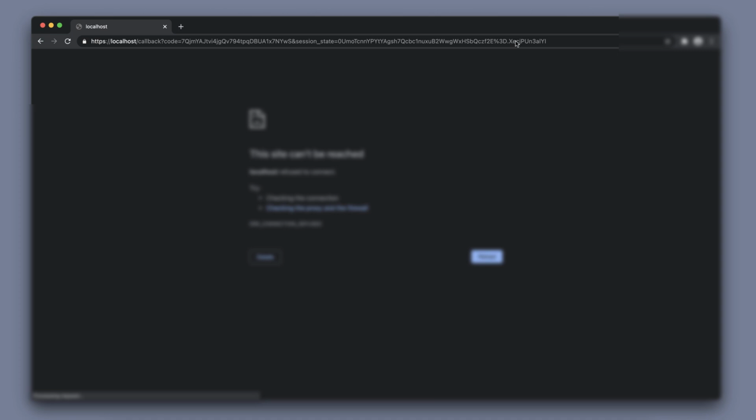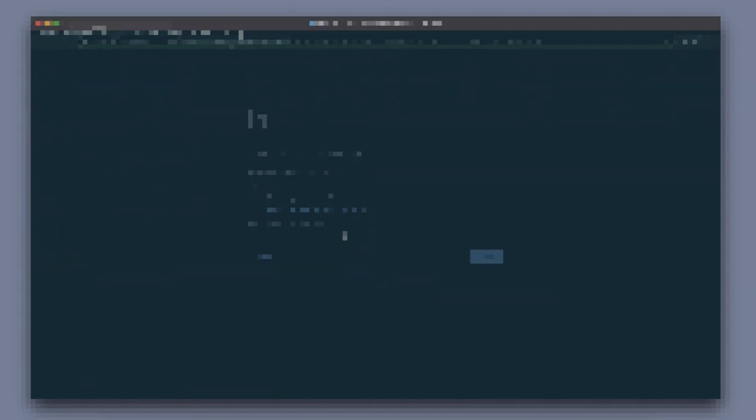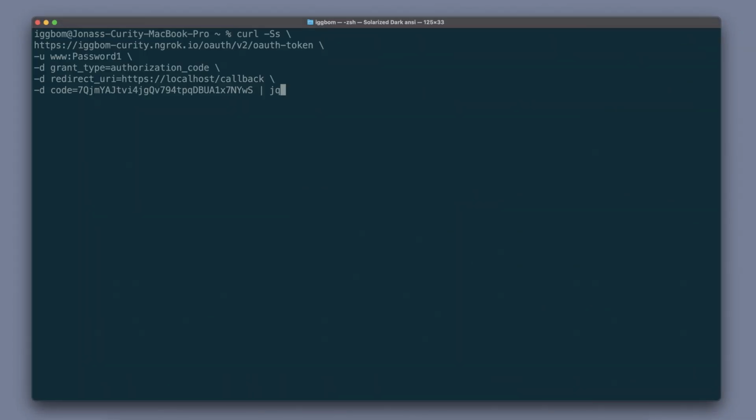And as we can see here, the important part that we need to pick out from this is the code that is returned. This code can be used and redeemed to retrieve tokens. If we now switch over to a terminal, we can use a curl command to perform a post request to